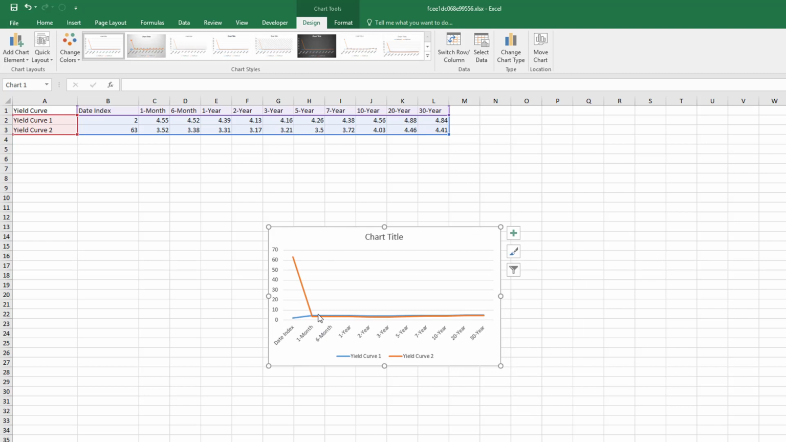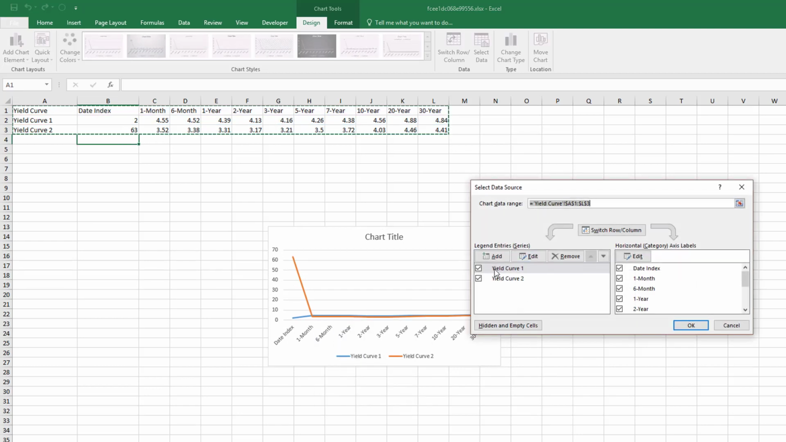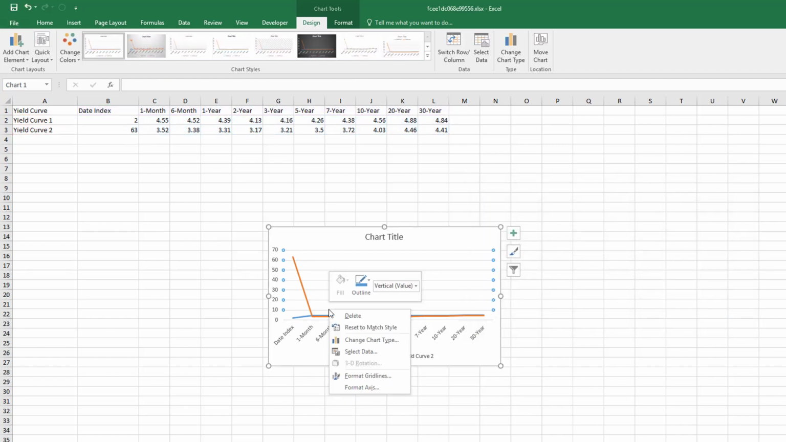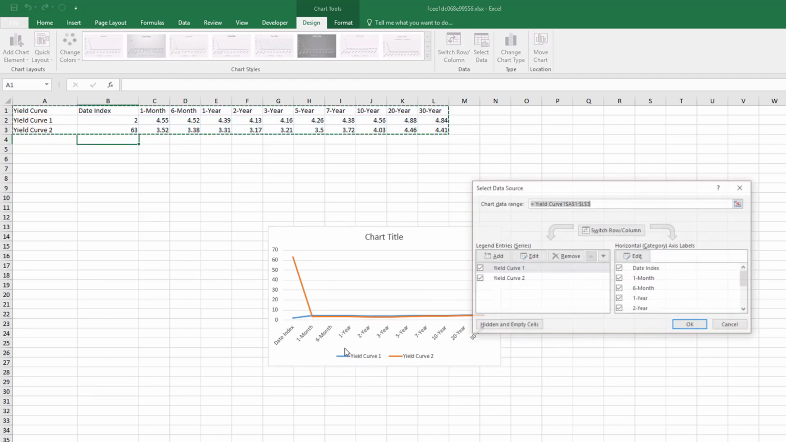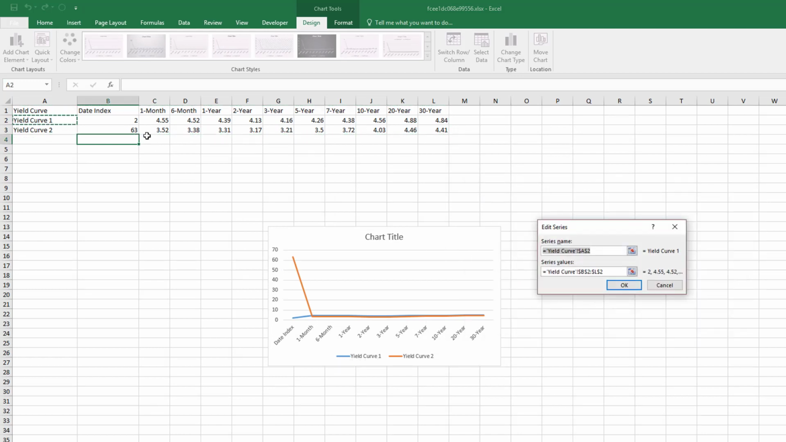That looks pretty good, except it's not quite the range that I want, so I'm going to go ahead and edit. I edit by right-clicking on it and going to Select Data. I'm going to edit Yield Curve 1, and I'm going to pick up that data